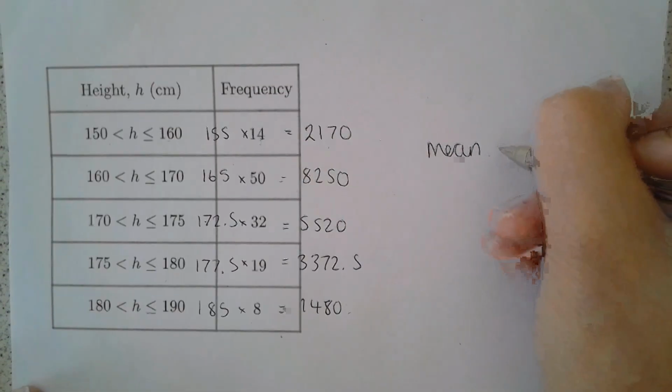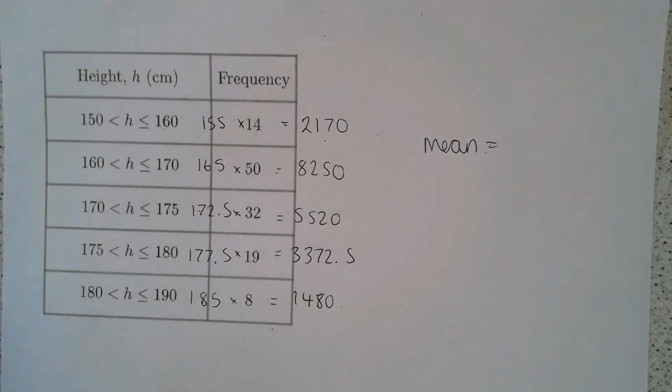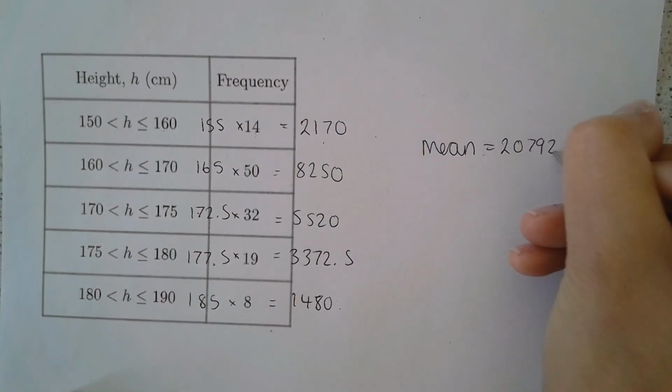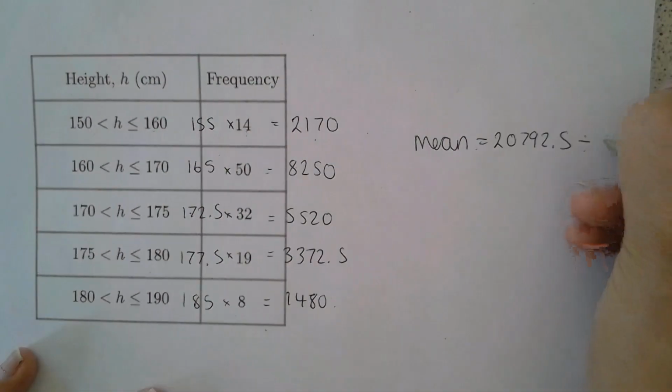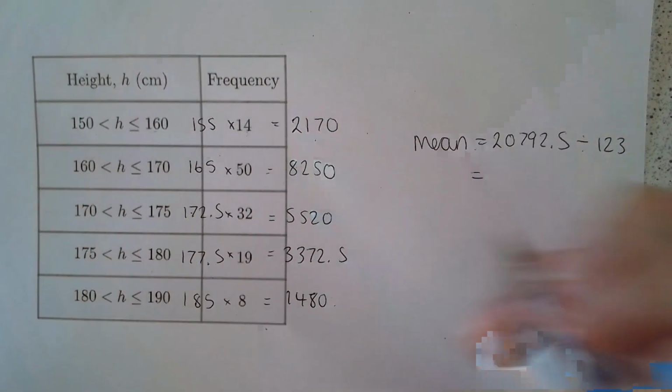To work out the mean, we're going to add all of these up. It's 2,170, add 8,250, add 5,520, add 3,372.5, add 1,480, and we get 20,792.5. And we're going to divide that by how many sunflowers there are, which is 123. So when we divide by 123, we get